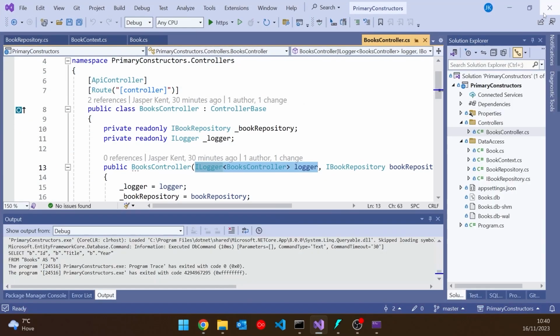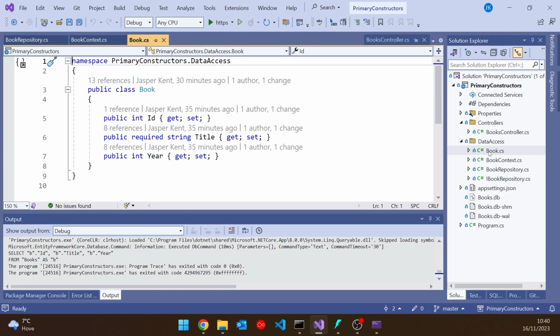So let's take a look at actually using these primary constructors. And I'm going to start by looking at actually the model class, the book that we've got there. Now I should point out, as we'll see, this probably isn't a particularly good candidate for using primary constructors for reasons we'll see, but it does at least allow us to look at the syntax. So worth saying first, actually there is a situation in C# where we already have primary constructors, which is the idea of records, which has been around for quite a while.